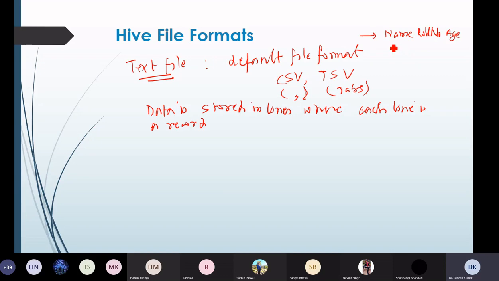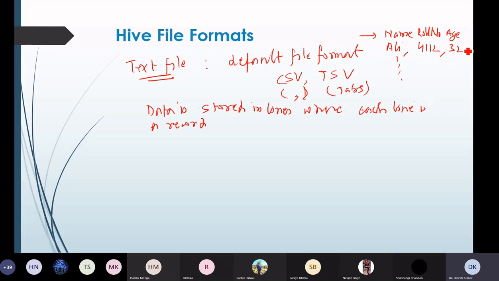Then we have name, let's say Ali, roll number 411232, separated by commas. This is a comma separated file. We will generate a text file which comprises the records of a table in such a form, with all the records separated by commas.